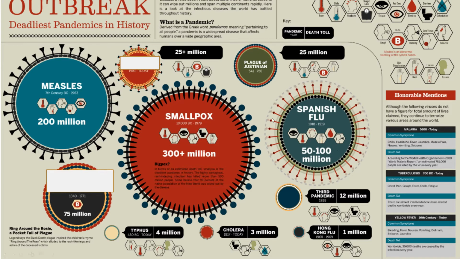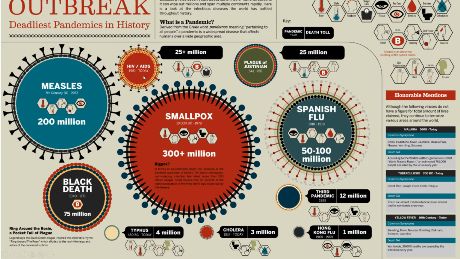There we go. Black Death is our next one. Lasted a little bit longer, took out 75 million people. Came from flea bites, which were off of the rats. This is a bacterium, which means we do have an antibiotic for this. I would say in the United States, maybe 1 or 2 people get this a year. They take their antibiotics and they're fine.